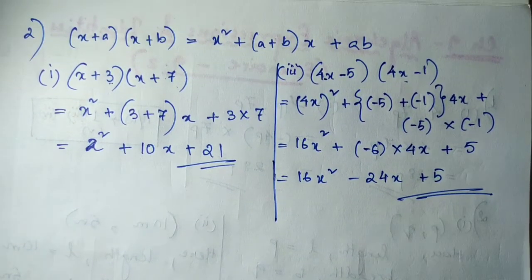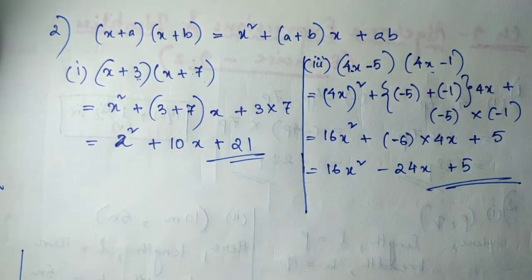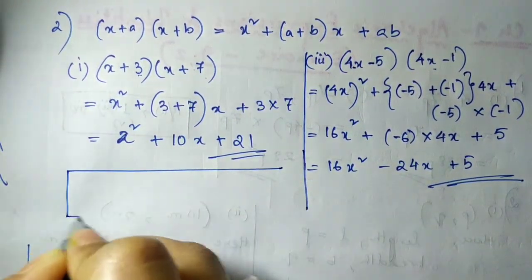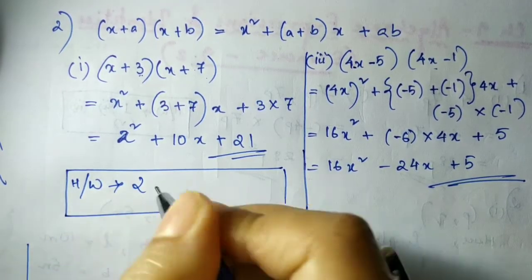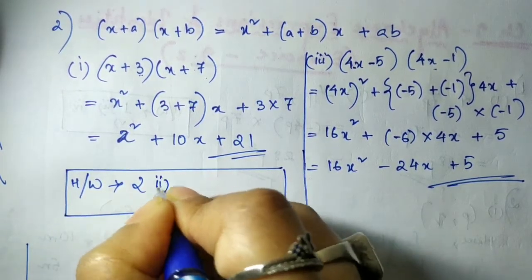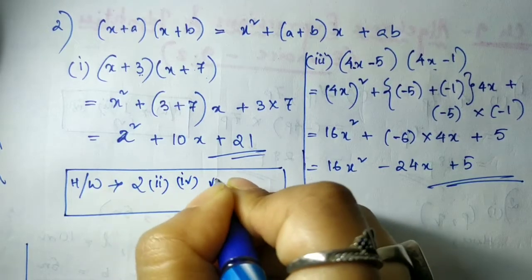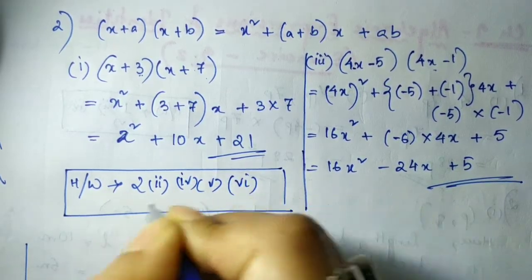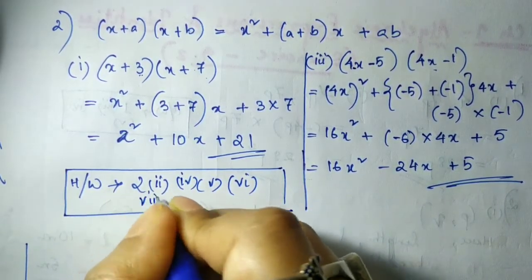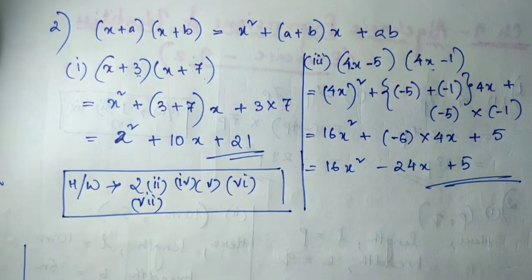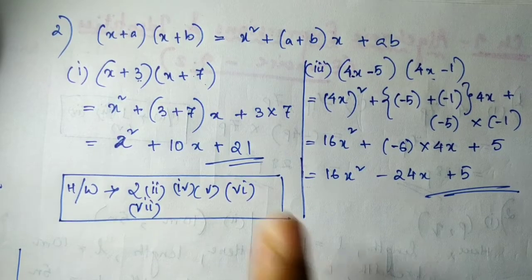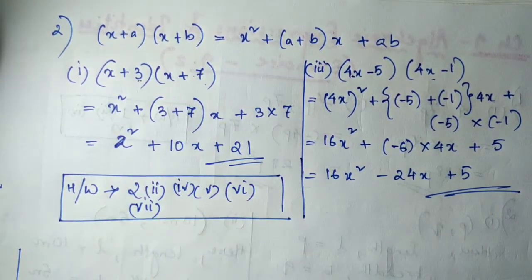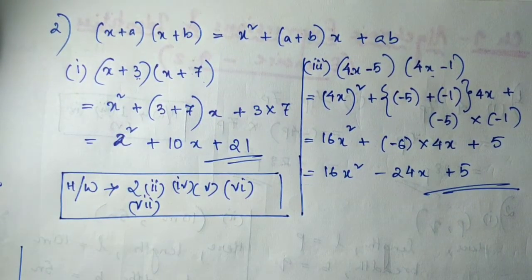So using this identity you have to solve the remaining sums. That will be your homework. So from question number 2, homework will be 2, 4, 5, 6 and 7. If you have any doubt you can let me know, I'll help with that sum. But same identity and same way you can use this identity. It's already mentioned that you have to use this identity for this sum, so you can obviously try doing this.